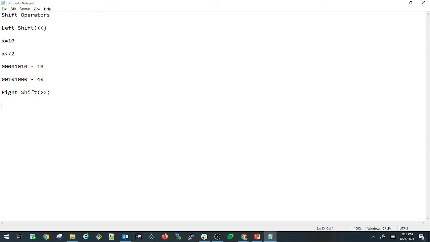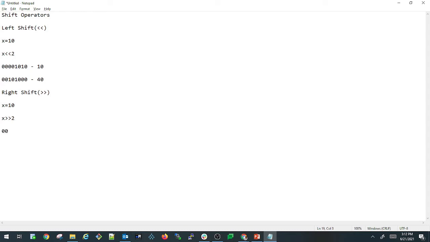Let us take an example here also. We'll perform the right shift operator for the same variable x, which is 10, x equals 10, and perform x >> 2.